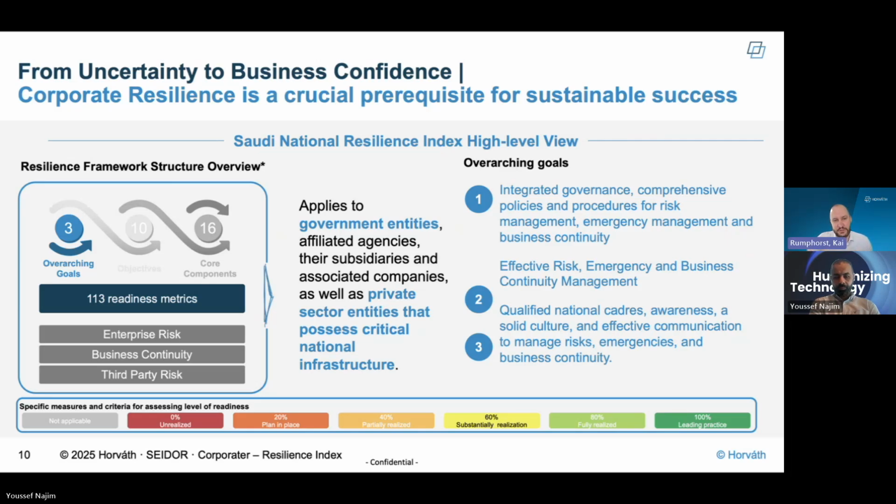Each question or metric has a variety of options to answer it. You can see them on the bottom, and in the end you get an ultimate rating, which is called the level of readiness. You cannot target one directly or exclude individual metrics; you always have to answer each of them, and then you get a final rating.